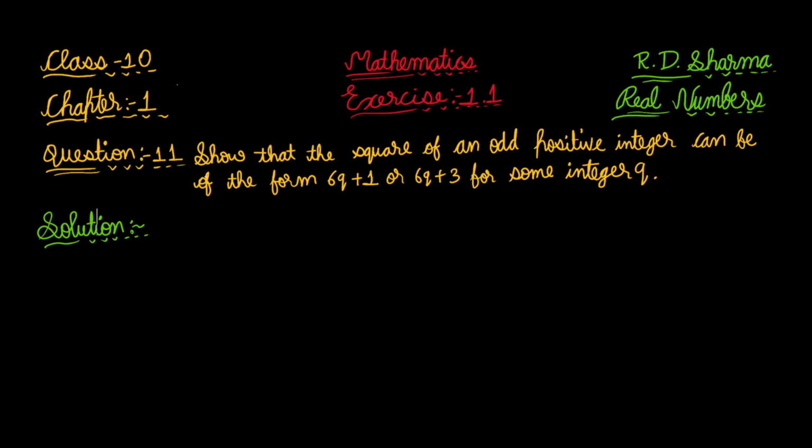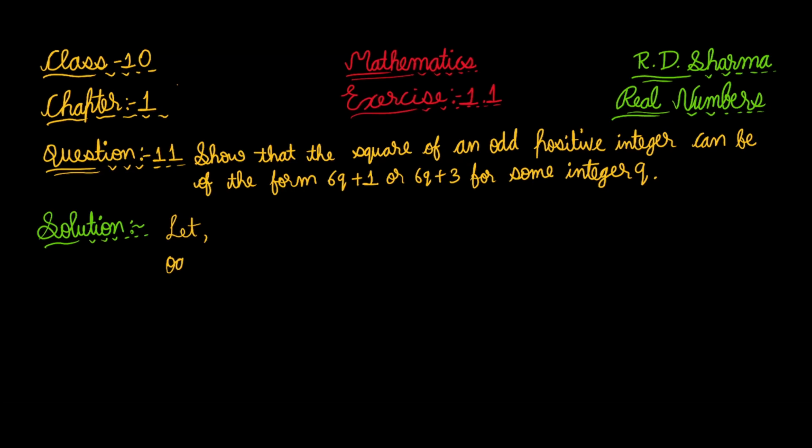So the question is to show that the square of an odd positive integer can be of the form 6q plus 1 or 6q plus 3 for some integer q. So we will let